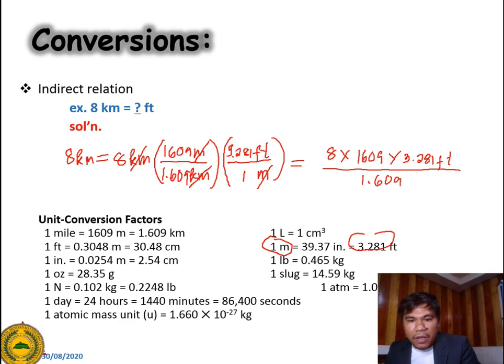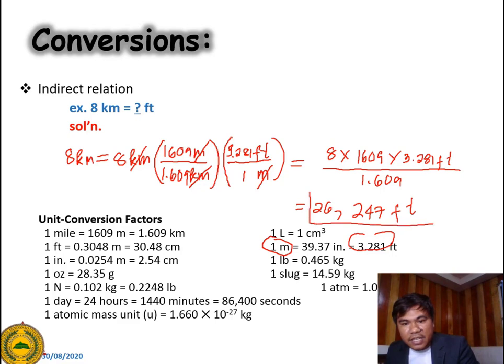So now when you take the product of the numerator and then divide it by the denominator, you'll get roughly 26,247 feet. So that's actually the